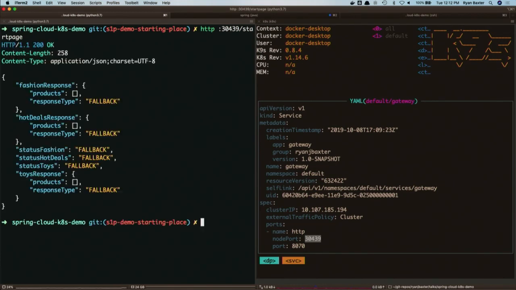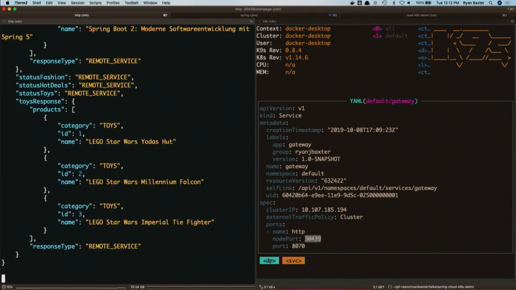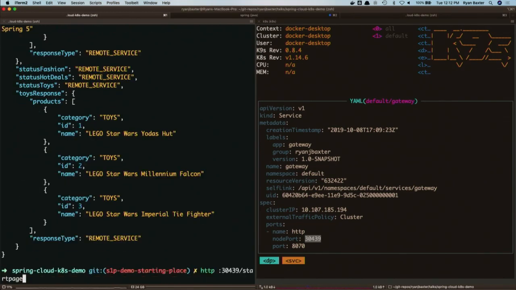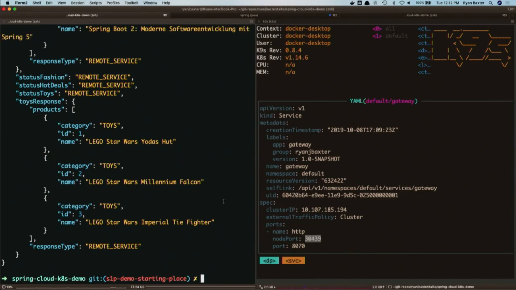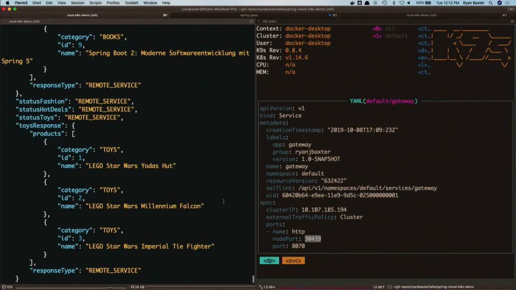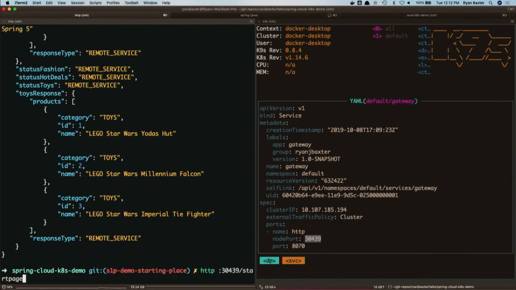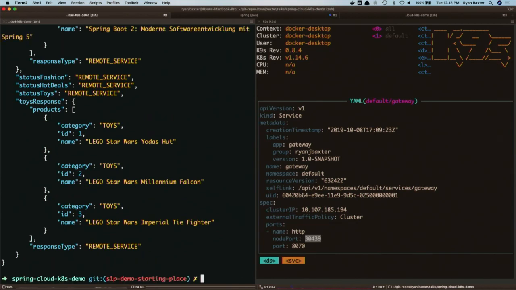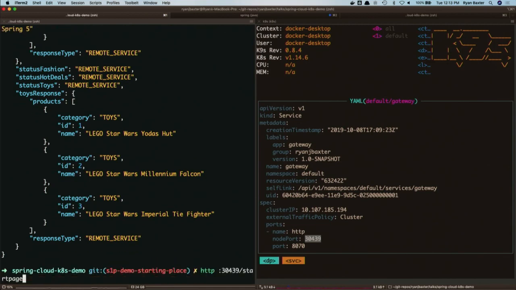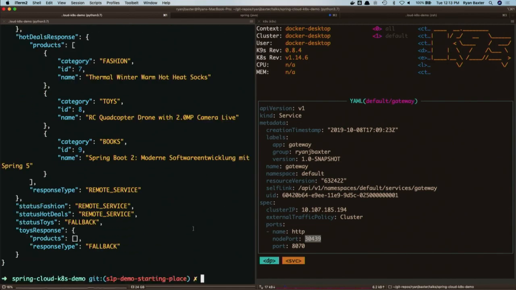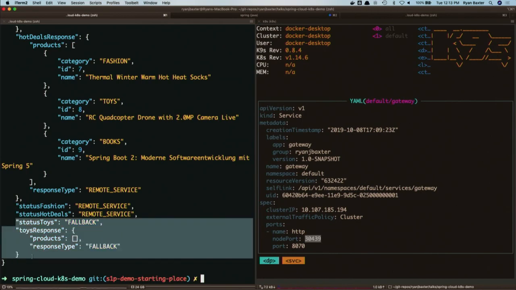Of course, first time Chaos Monkey, everything decided to die there, but there we go, we got all the data for all the services through our gateway running on Kubernetes. And eventually, the Toys service should hang itself, right? So we get the fallback working as well. That's our configuration map changing, enabling Chaos Monkey, and showing that.